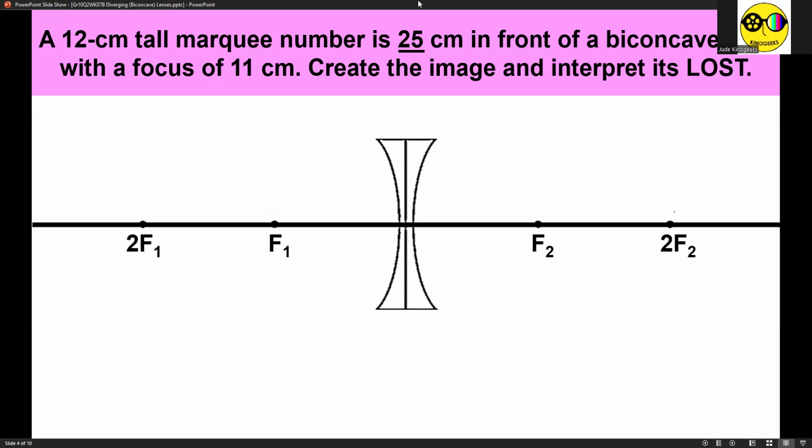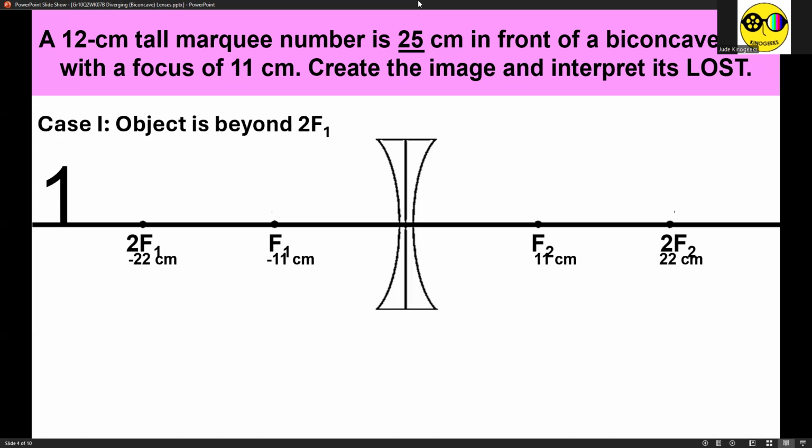will be 22 centimeters. So, positive values are found on the right side of the lens, while negative values are found on the left side of the lens. Why is the left side of the lens negative? That's because that's where the imaginary light rays converge at focus 1, making all of the values on the left side of the lens negative accordingly. I explained yesterday that even though the underlined number 25 is positive here, we will still place our first object at the negative side because of the word front.